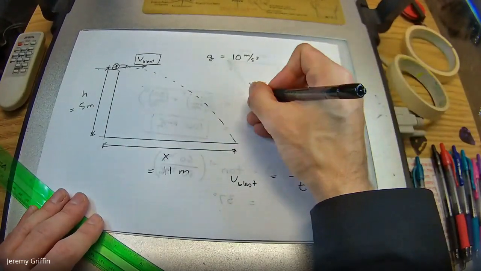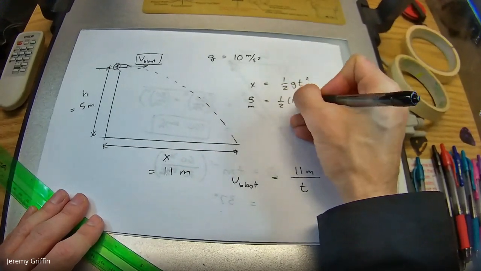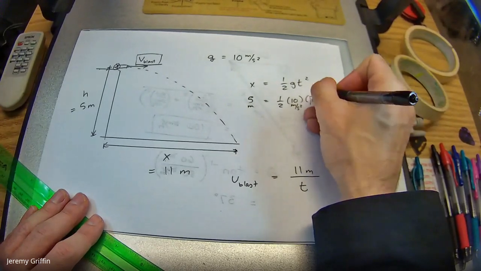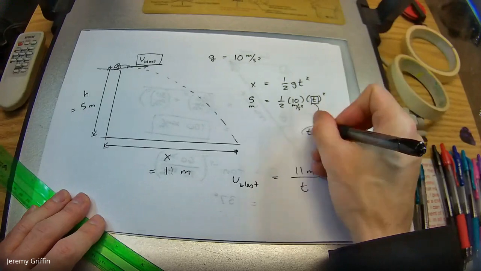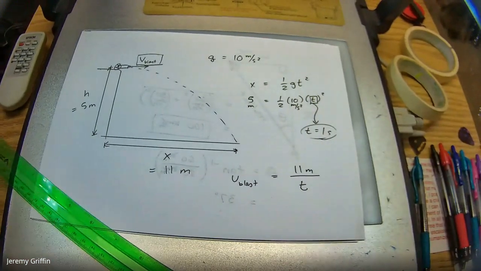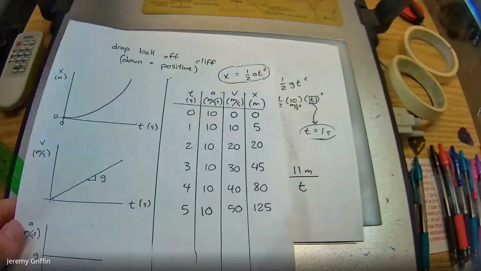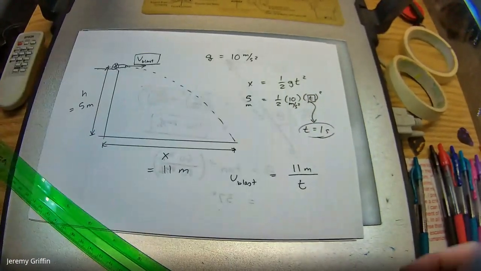Right. So to fall 5 meters, picking up at 10 meters per second squared, yeah, t does end up being 1 second to fall 5 meters. It's also back to the cliff. You guys remember 1 second falls 5 meters? Okay. Yeah, did you guys remember that? Okay. So take that,